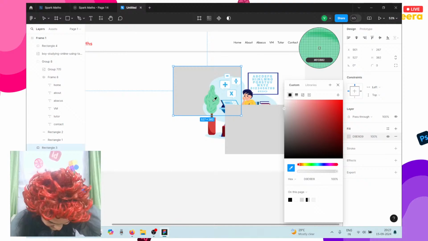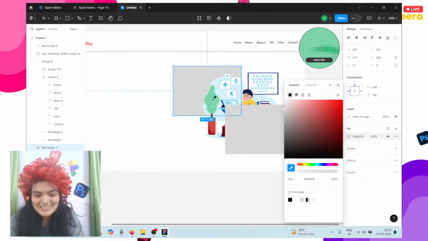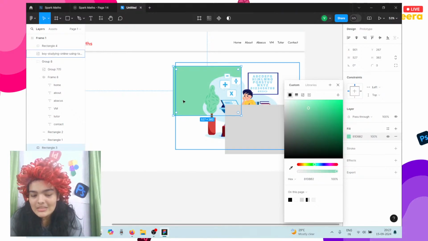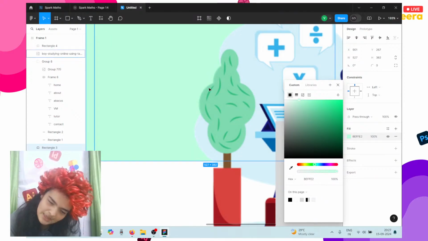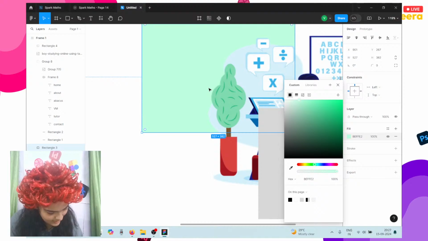I feel so funny doing this, but we want the green to be as close to this green as possible, but not so close that you can't see the tree differently. So you're just going to make this lighter and sort of